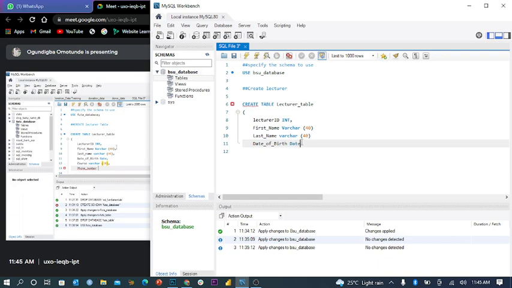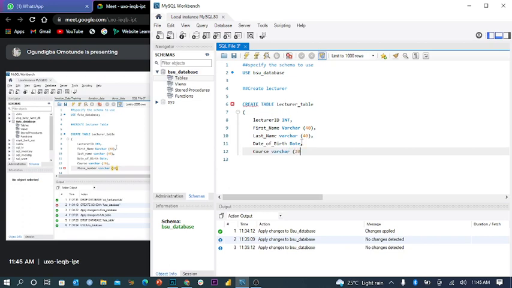Phone number of the lecturers. At least in Nigeria for now, no phone number should exceed 20 characters.